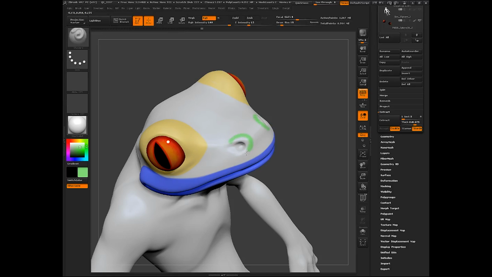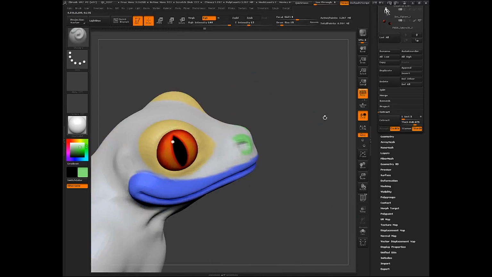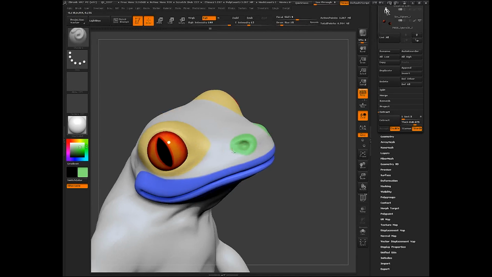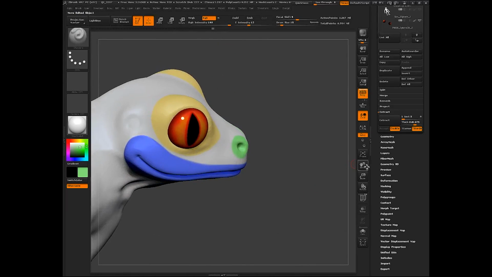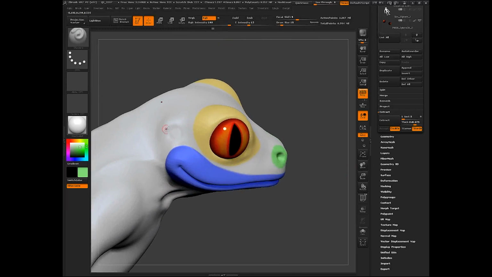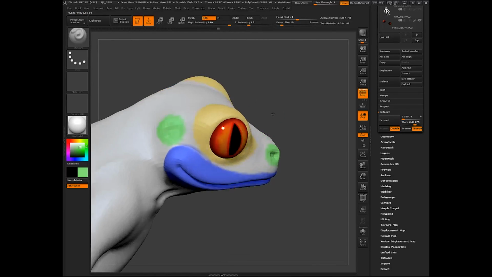Alright, so what we're going to do is select a green, and we're going to paint the edge loops around where the edge loops are going to be around the nose. The nose is circular, so we're going to be changing our geometry around the nose anyway, to allow for that circular nostril. It'll also help if you want the character to breathe through its nose. You can have some deformation around the nose, and it'll deform nicely.